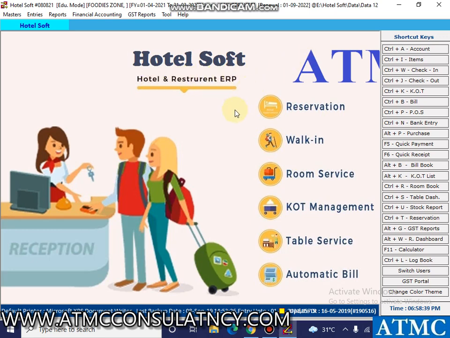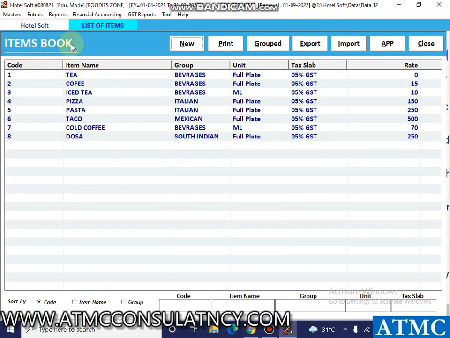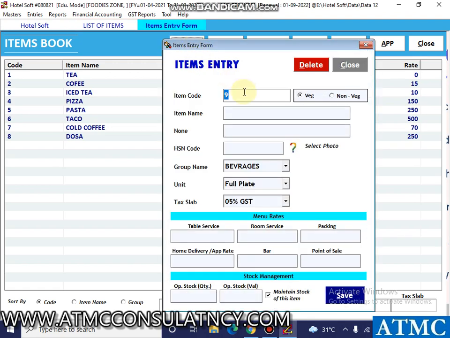When you own a restaurant, the first thing that we need to do is to add the menu to the software. To do that, click upon masters, click upon item, and this will show the items book. It will list all the items that have already been added to the menu card in the software. To add a new item, click upon new and